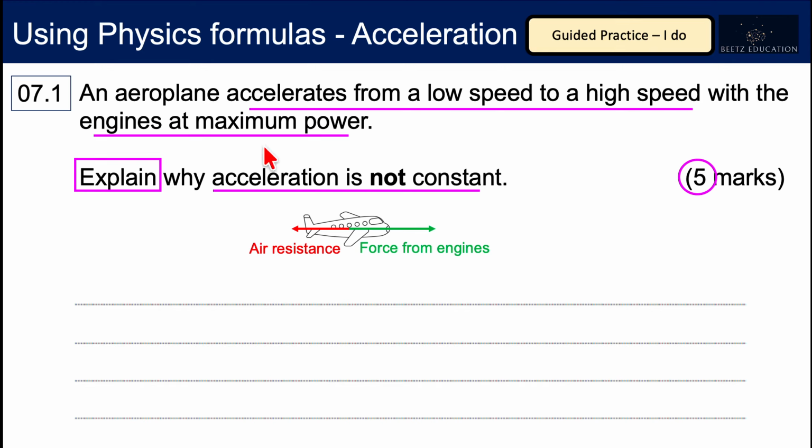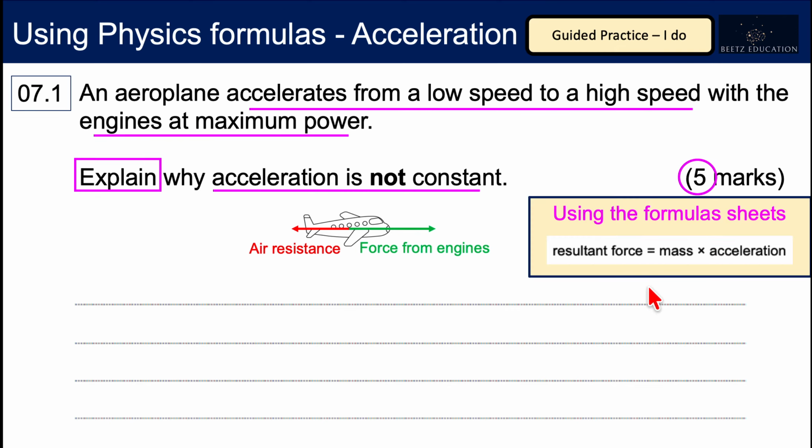thinking about what equation has got acceleration in and force. This one here, resultant force equals mass multiplied by acceleration. Now I'm going to begin by writing out that equation, which is for Newton's second law, with acceleration as the focus of the equation. A equals F divided by M, acceleration equals force divided by mass. Now, I haven't picked up a mark from that, but it's going to help me structure the rest of my